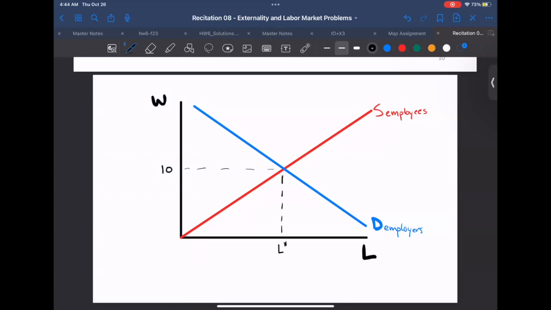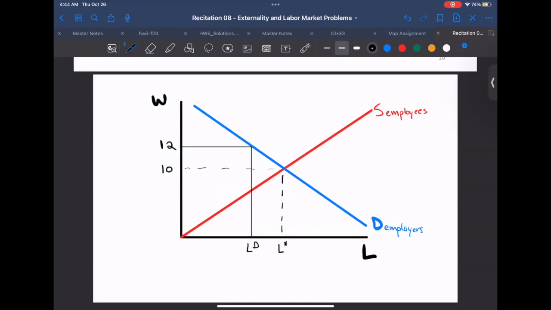But then the government steps in and imposes a minimum wage. In this case, the minimum wage is going to be exactly the same as a price floor, where the government says you need to pay your employees at least this much. So the government steps in and sets a price floor or a minimum wage of 12. At that minimum wage of 12, employers are only going to demand